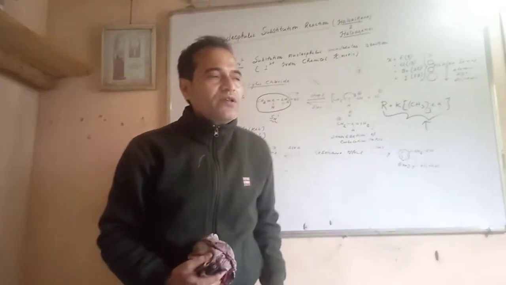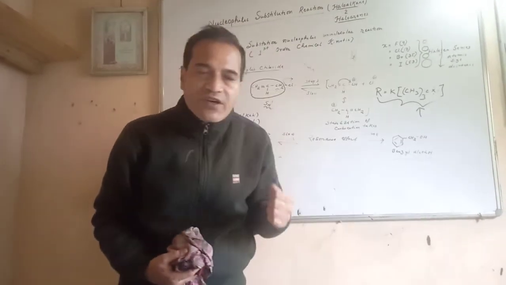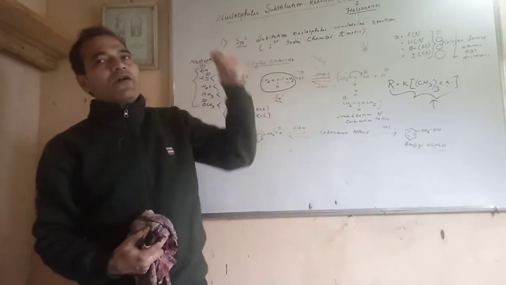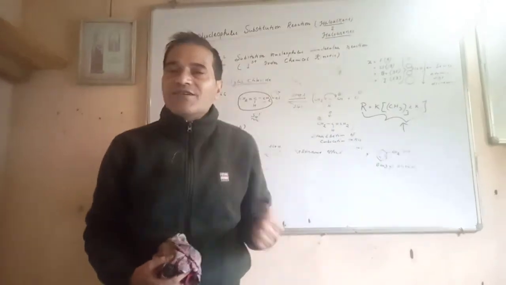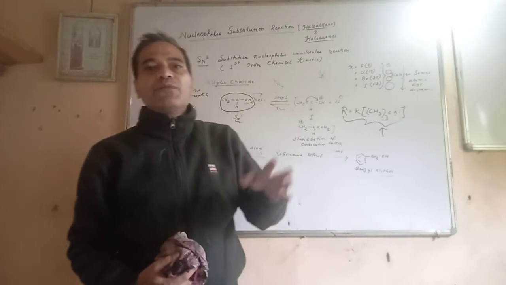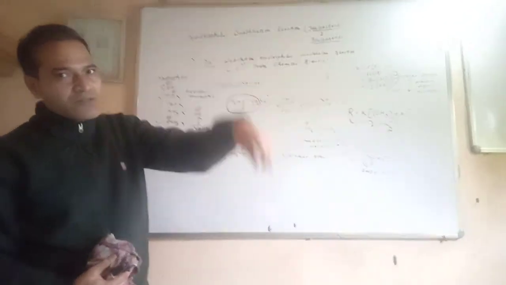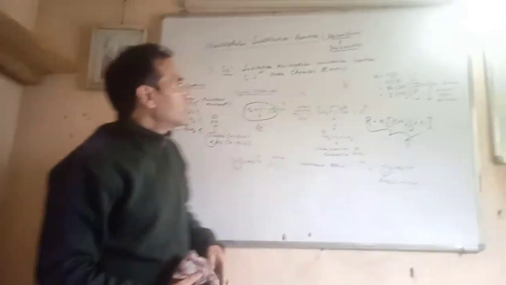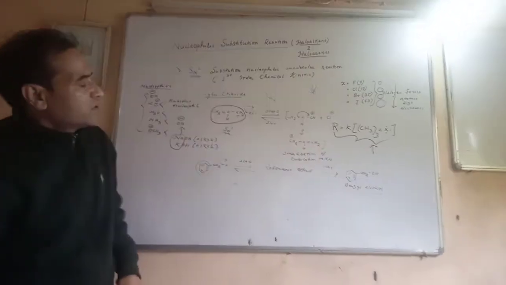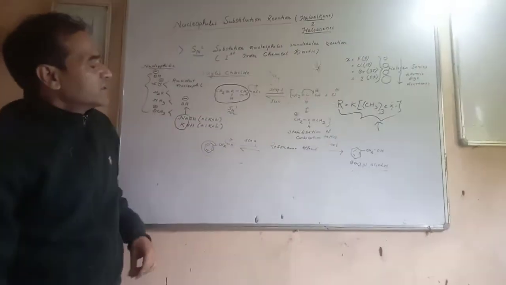In SN2 reaction, it is a one-step reaction. It is having inversion of configuration, meaning changing the configuration. Now number third, it is a concerted reaction. Now number fourth, the rate of the reaction depends on the concentration of the two substrates, that is including the nucleophile. But in the case of SN1, the rate of the reaction depends on only the one substrate. It is a unimolecular reaction. That's why, because one substrate corresponds to unimolecular.